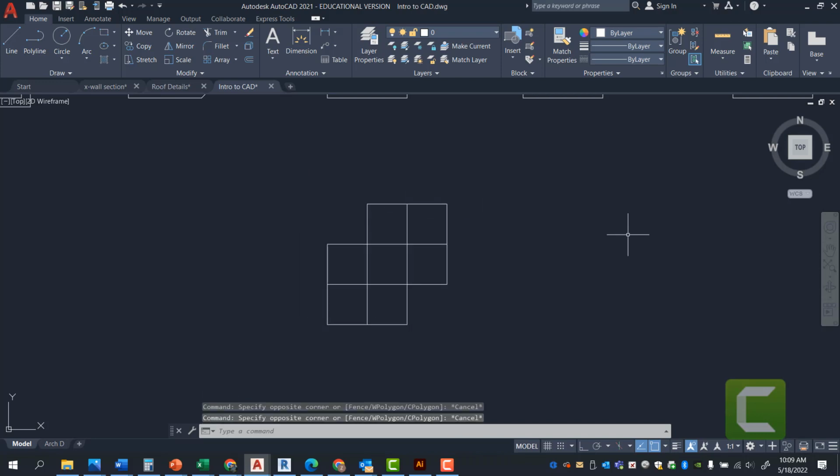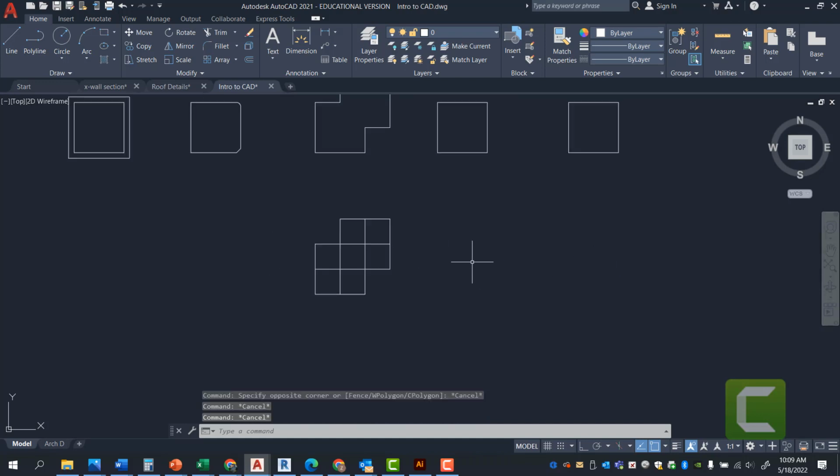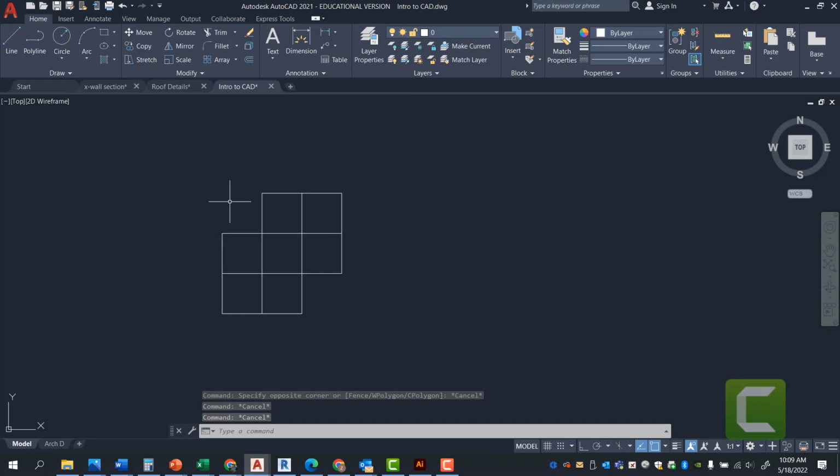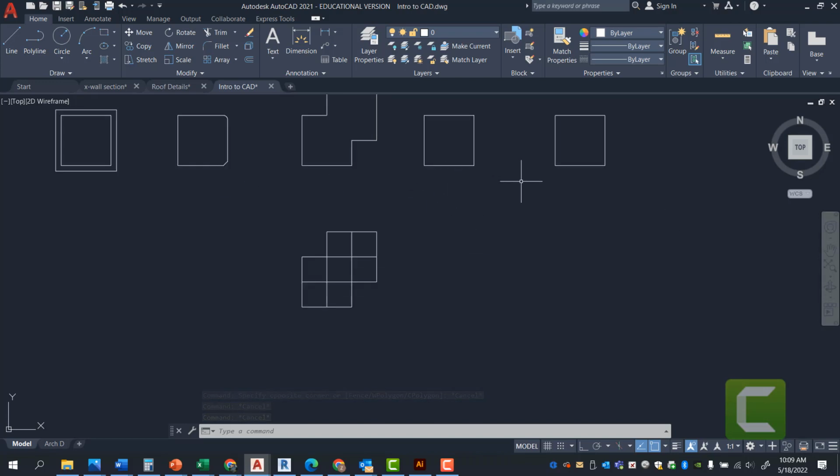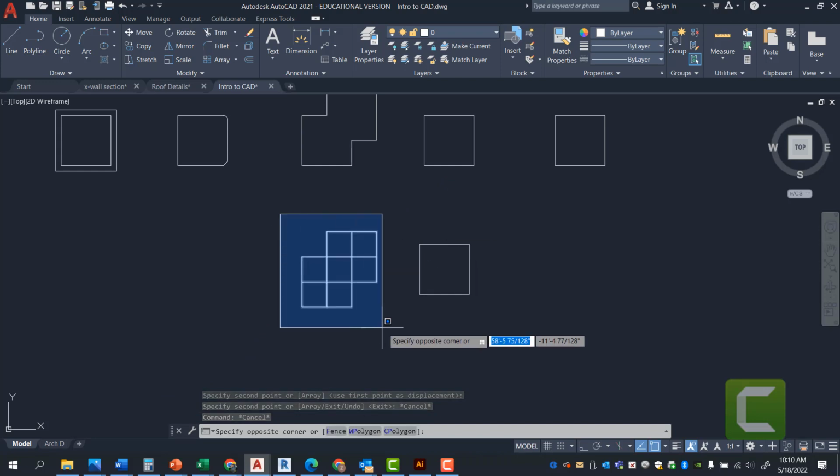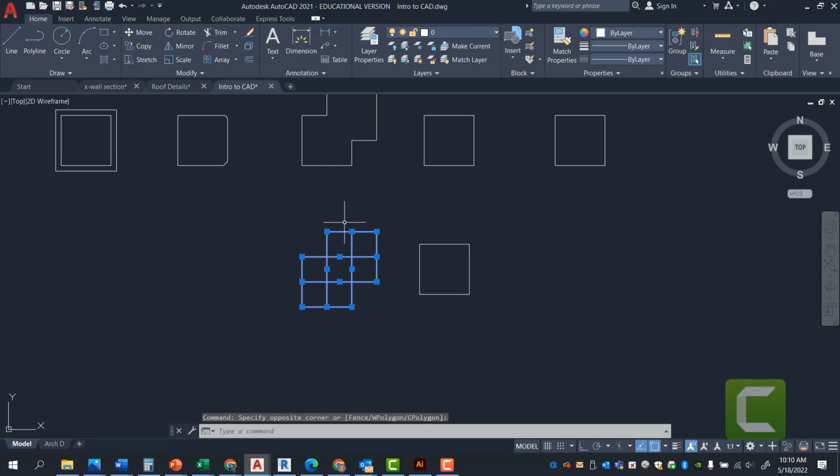So aside from extend, you have the command called mirror. Now, mirror can be controlled by having an object in the middle. And I'm just going to place this object in the middle just as a reference. If I select an object, let's say this object, and I use the mirror command, MI,